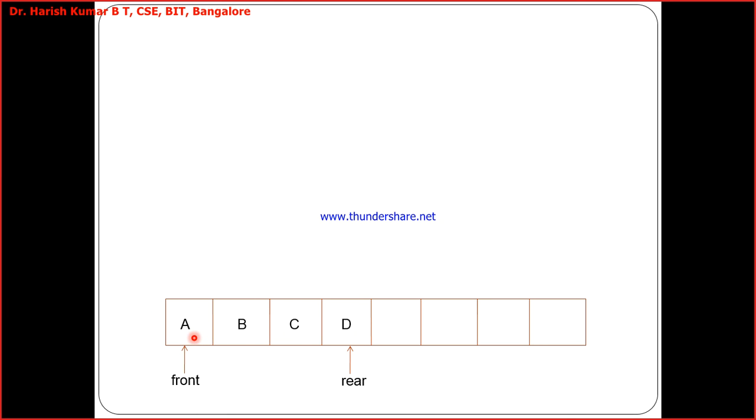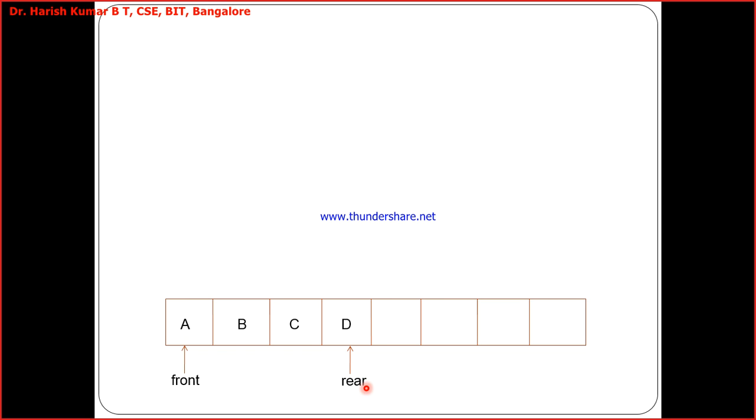In a stack, there was only one pointer, that is top, and we used to insert and delete from that end. So both the insertion operation, the push operation, and the pop operation were done at the same end, and normally we used to call it the top of the stack. Now this is the queue with two ends. A queue normally has two ends. One is the front end, the other one is called the rear end.